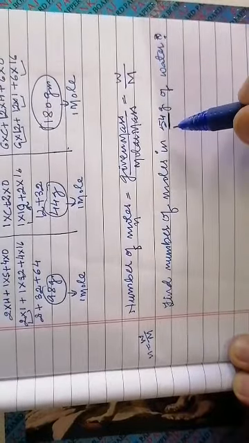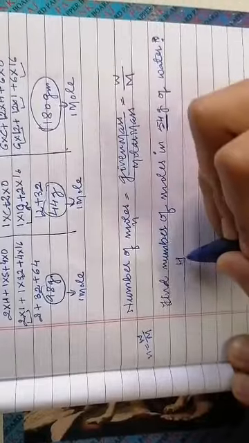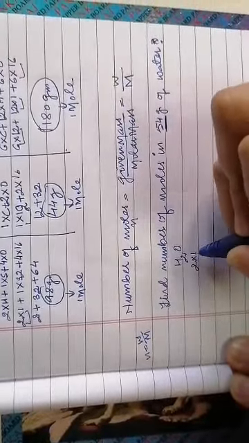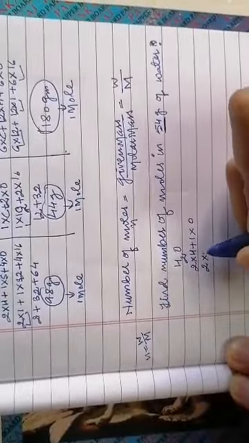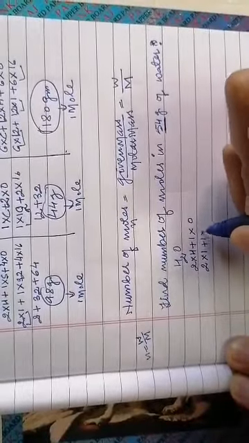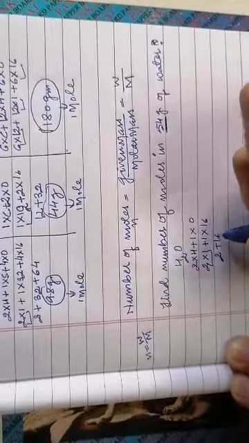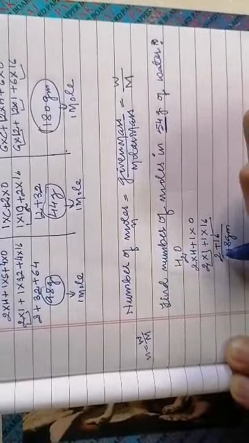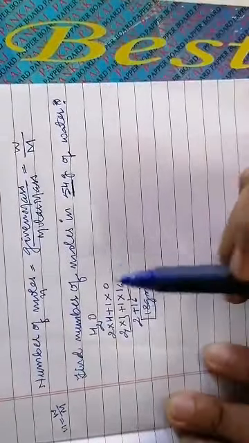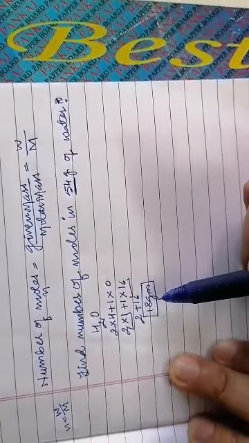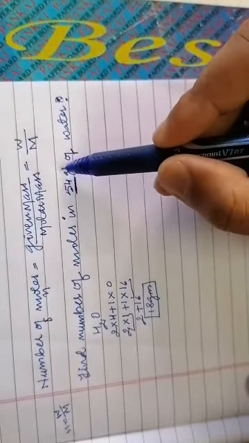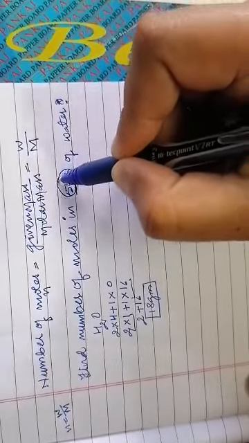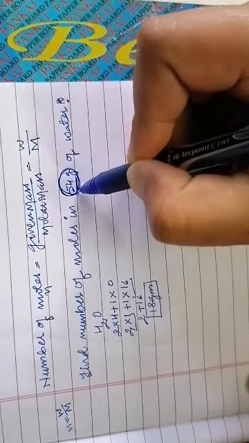So very first we must know the molar mass of water. The formula of water is H2O. So 2 into H plus 1 into O. 2 into 1 plus 1 into 16. 2 plus 16, that is 18 gram. So if I have 18 gram of water, then I have 1 mole of water. So right now I have how many grams of water? 54.